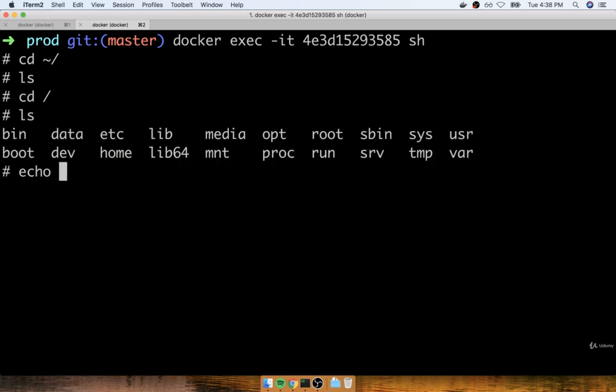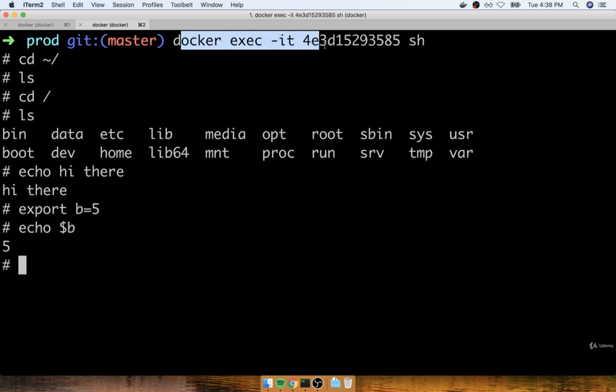I could execute commands like echo hi there. I can export environment variables like export b=5, and then echo that. So essentially, when I make use of this docker exec command with sh over here, I get full terminal access inside the context of the container, which is extremely powerful for debugging.